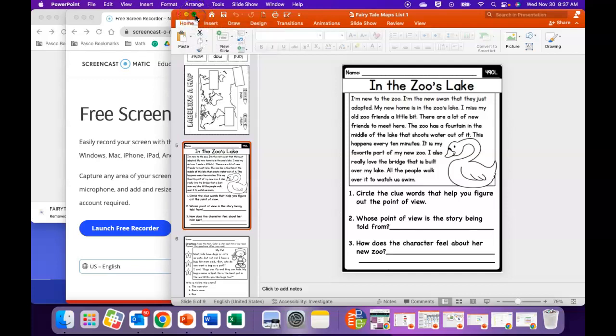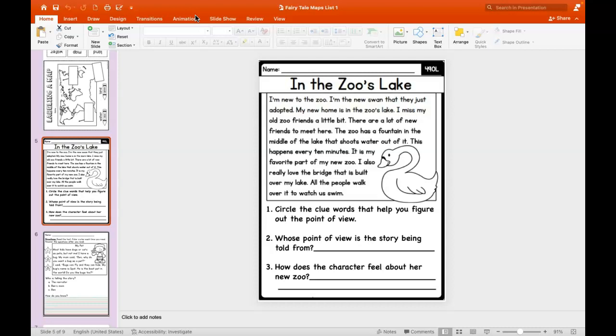Hi friends, this is one of your choice practices for your Who's Telling the Story section. So you should have learned that there are different points of view. One of the points of view is by the character. And when you hear a story that the character is telling, you hear a lot of the word